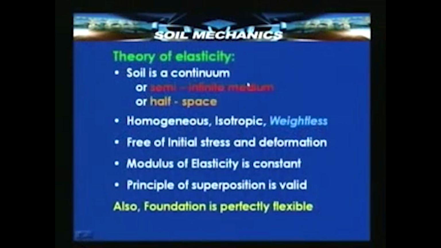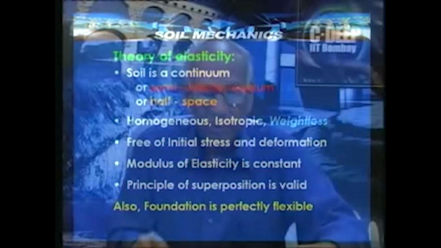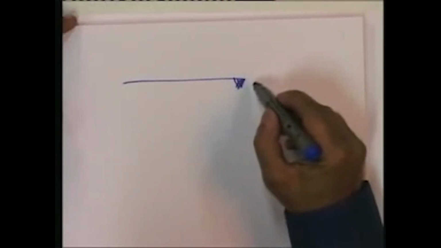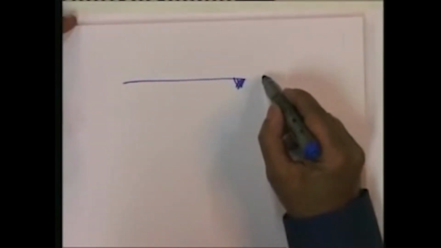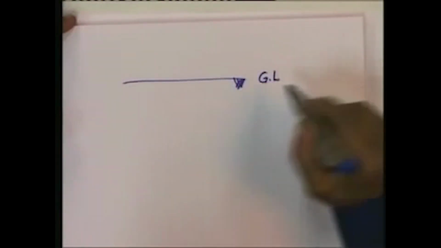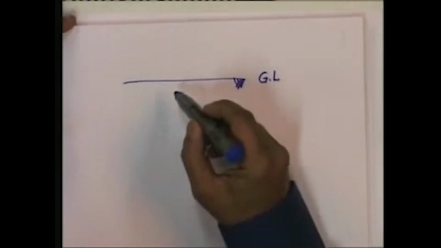First of all, we have to define the soil medium. The soil medium is defined as a continuum. It is sometimes called a semi-infinite medium, sometimes a half space. All of them mean one and the same thing. Suppose this is the boundary of the soil medium. As I said in the last class, we often represent soil by a horizontal line, the ground surface, and write GL. Now,